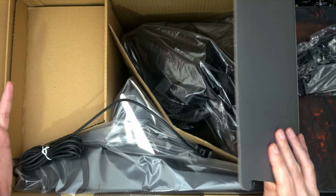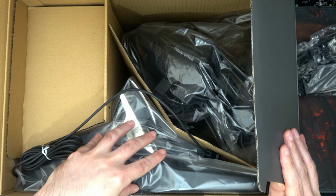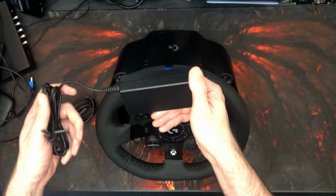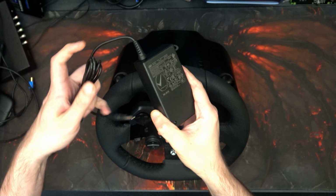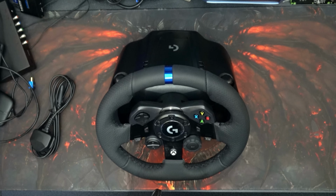Now I'm just going to take it out, because obviously it's just a wheel in a plastic bag and the pedals in a plastic bag. So let's have a look at the wheel first. Well, before the wheel, maybe I'll talk about the power supply unit. Obviously you get the cable you need for your region, and then this power supply unit, which is just a barrel one. And if I can use my super duper eyesight, which isn't so great anymore,